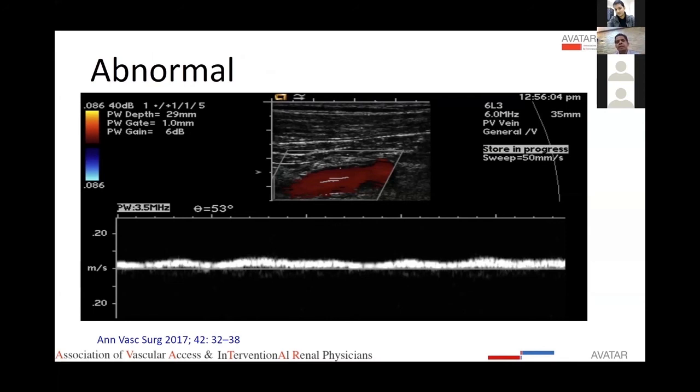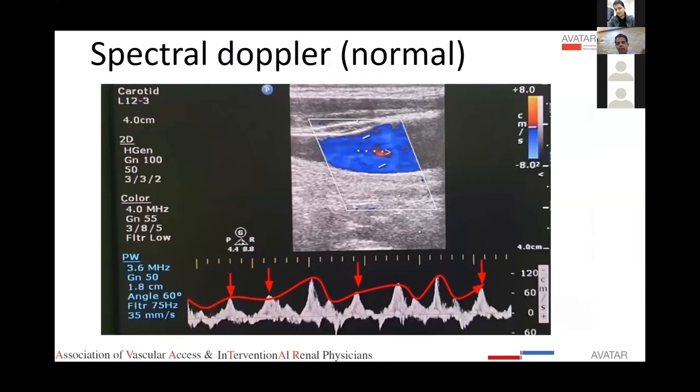Suppose we get such a graph in both the subclavian veins, then the vein that is proximal to both the subclavians is in fact the SVC. So if we get it in both the subclavian veins, then it may mean that the stenosis or the obstruction to flow is not just at the brachiocephalic, but it may be even at the level of the SVC. So these are the basic ways to interpret the venous waveform.